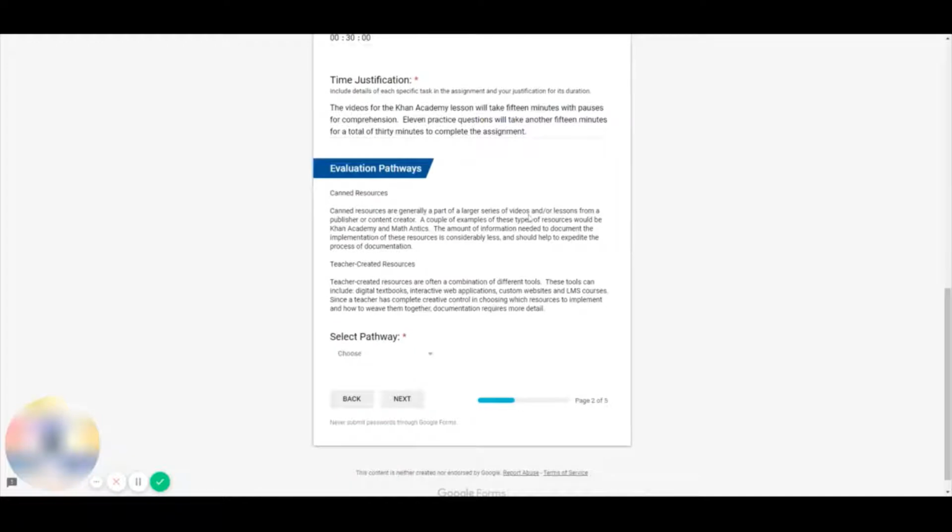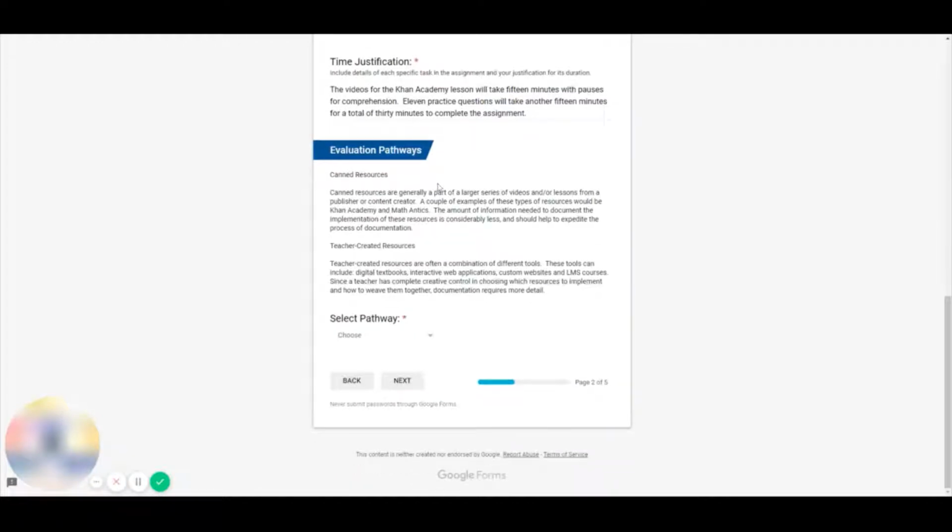Below that, and the final part of this form, is called evaluation pathways. In order to make the process for submitting blended learning resources as streamlined as possible, we've provided two pathways on this form, one for canned resources and the other for teacher-created resources. Canned resources would be something like Khan Academy that I'll be submitting alongside you in this video. Teacher-created resources are generally